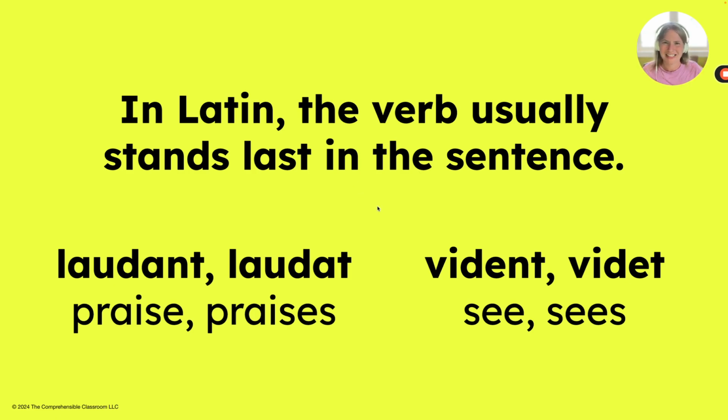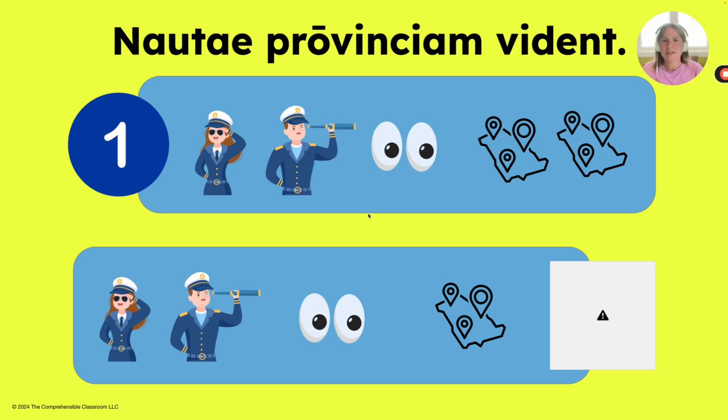We'll kind of walk through the first one together. Okay, Nautai provinciam vident. Nautai provinciam vident. Nautai, think about what that means. And then remember, the verb comes last in a Latin sentence. So you're usually going to skip over that middle. Nautai provinciam vident. Vident means sees. Nautai means sailors. So Nautai provinciam vident. The sailors see